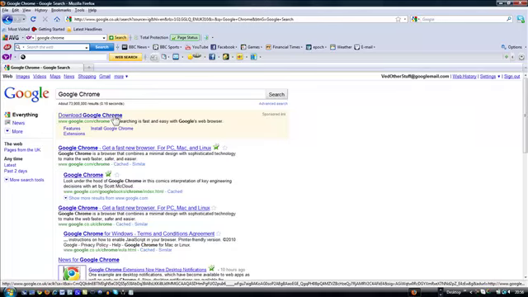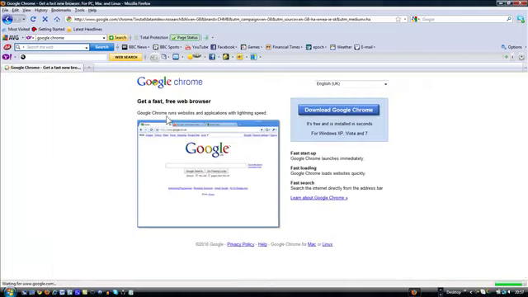So if you're on Windows, click on the first thing that comes up. It's www.google.com/Chrome, and you'll see this page come up, and slightly to the right you'll see Download Google Chrome. It's free and it's for Windows XP, Vista or 7. You can learn more about it here, but going straight to the download,